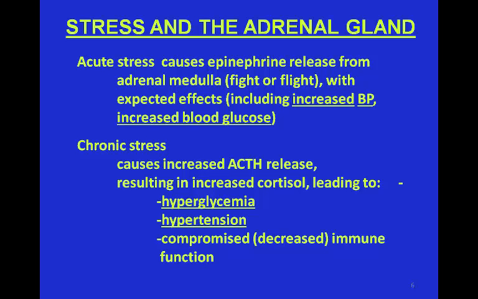Acute stress is stress that happens on a more immediate basis. This is a type of stress that occurs and then it's over with. Acute stress causes different hormones to be released from the adrenal gland, including epinephrine and norepinephrine. I've listed epinephrine there mainly because that's the main one. Epinephrine comes from a different part of the adrenal gland, though. It comes from the adrenal medulla, the middle part. And epinephrine is the hormone that is associated with the condition of fight or flight.